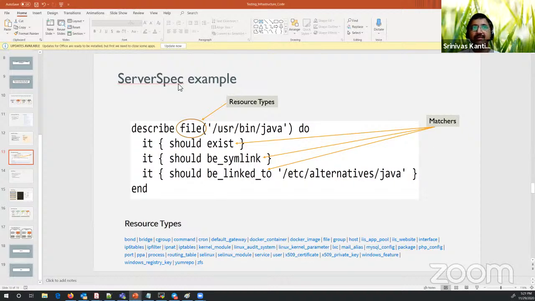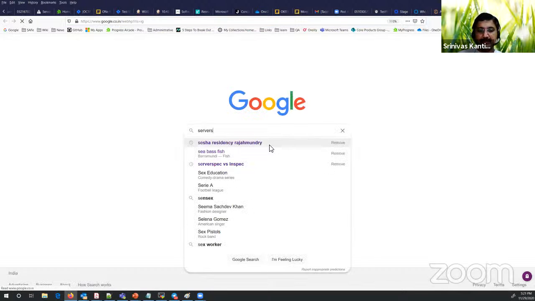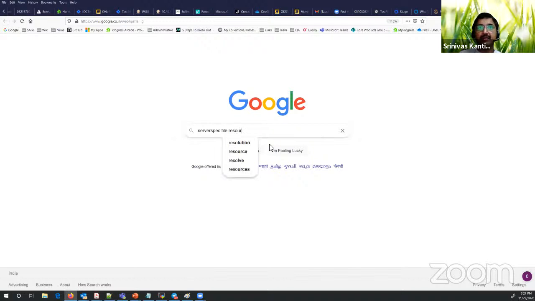So if you go to the ServerSpec file resource type, is it not pulling up? If I say ServerSpec file type,